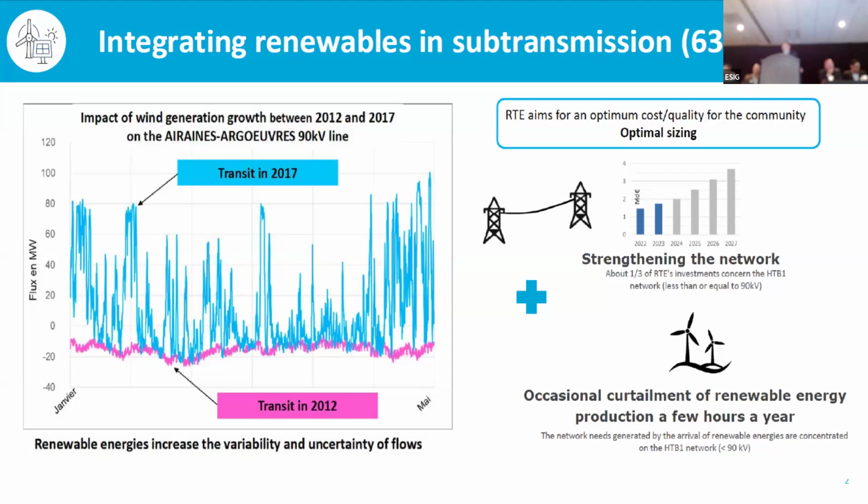what you need is to strengthen the network where appropriate when you're trying to increase the share of renewables and integrate more wind. But usually when you do the planning and the interconnection, you also provision for the ability to curtail some of that wind in situations where you have stresses in the system. Most of our interconnection agreements include the provision that in the order of 10 to 50 hours a year, you're going to have curtailment.